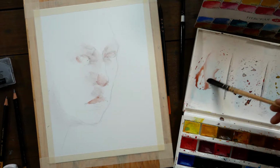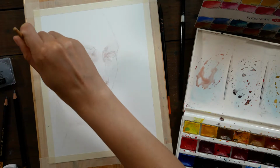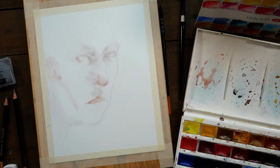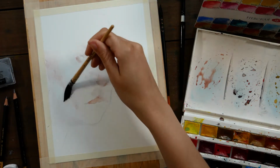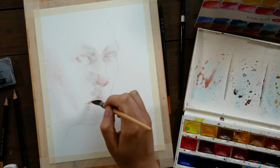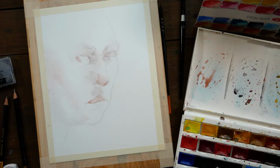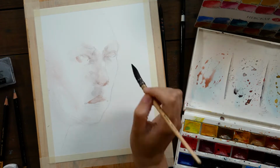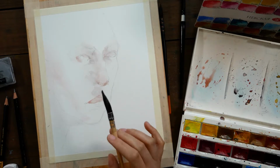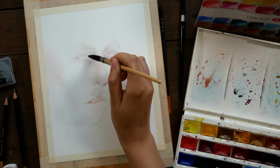So with looseness, as you can see, I started with a purplish gray color, very, very desaturated. It was a mix of cadmium red light and cerulean blue. Two colors that, when mixed together, will create a very desaturated sort of purple. I start by loosely laying in areas and then softening them out with water in some areas. I like to leave some edges because that's the beauty of watercolor. And you definitely have to make the decision for